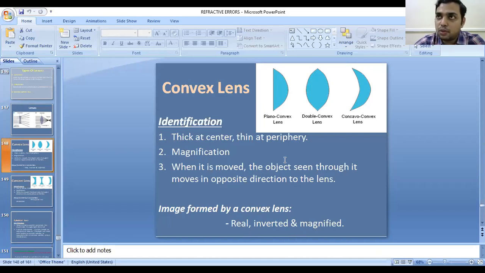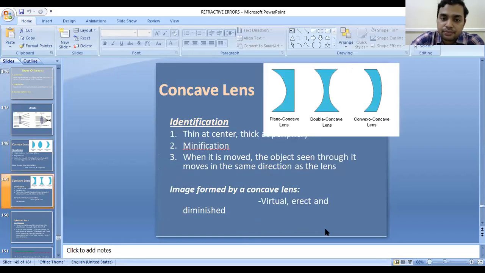So the with movement which is seen in the retinoscope should be corrected by the convex lens. But here, if you observe objects through the convex lens, an against movement of the object is seen with the movement of the lens. So the image formed is real, inverted and magnified.